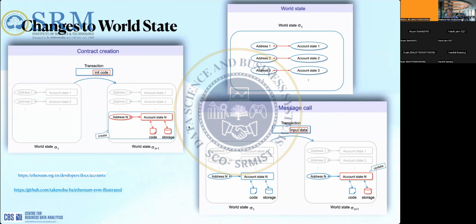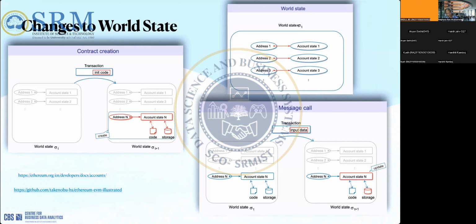First of all, what is a state? We call it the world state. What does it mean? It is the copy of the network with all the accounts on Ethereum, with their appropriate balances, addresses, and everything. Let's say you have a bank, and the bank has a ledger containing all the account holders. If you carry that ledger, that is the world state of the bank for that business. Similar to that.